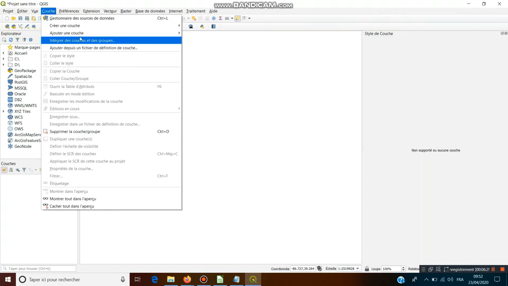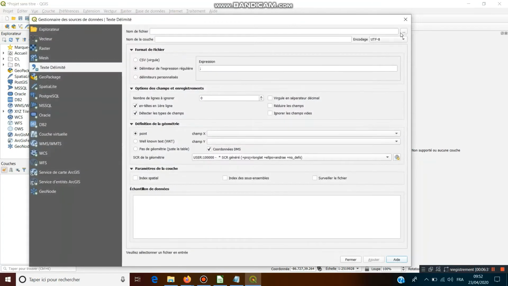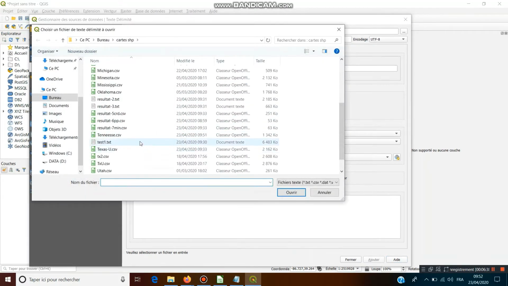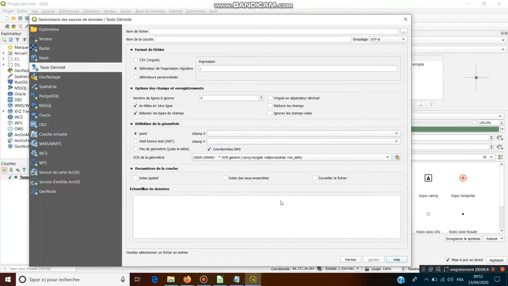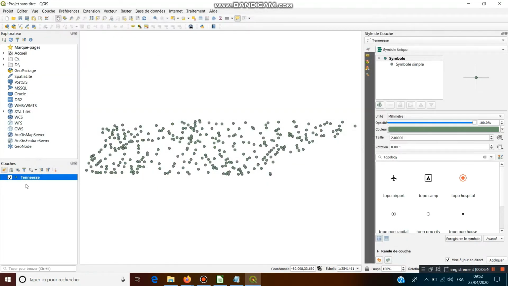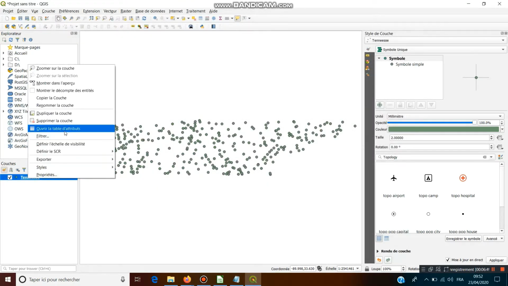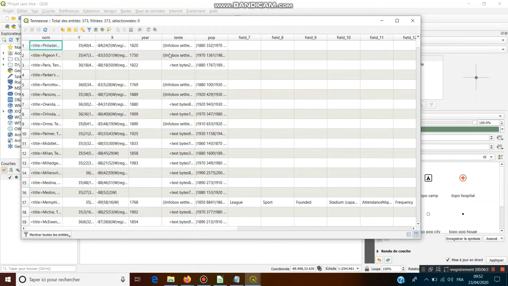The QGIS program is open. We'll add a layer, delimited text. Of course, the file isn't finished, but it's just for the example.